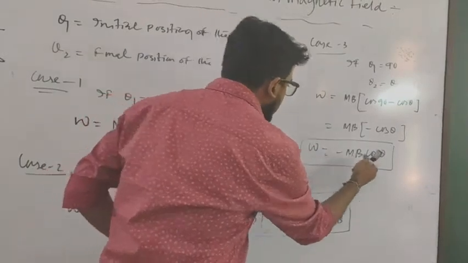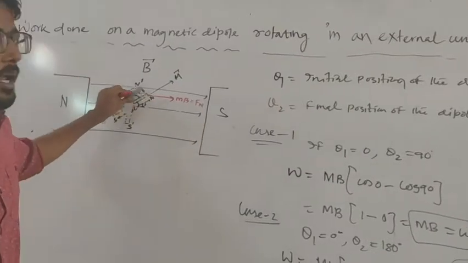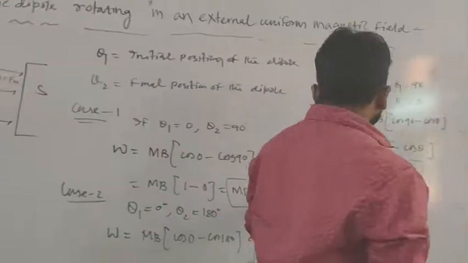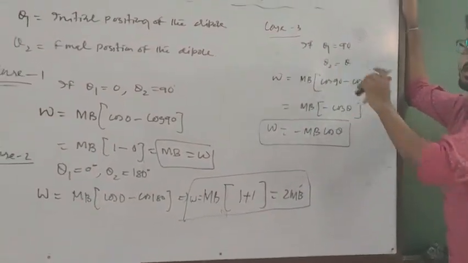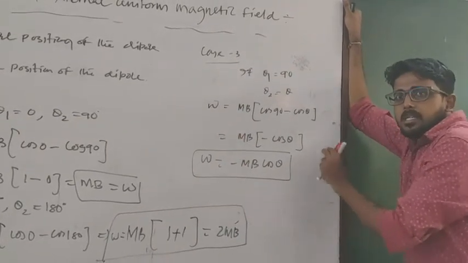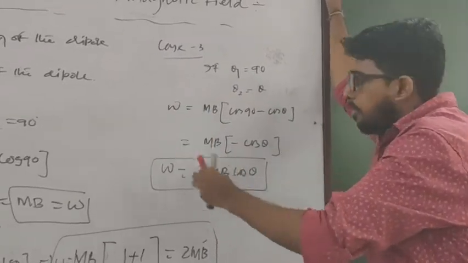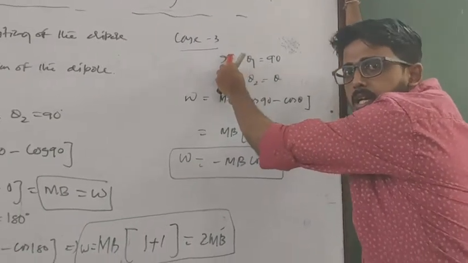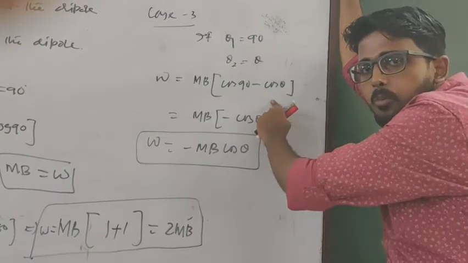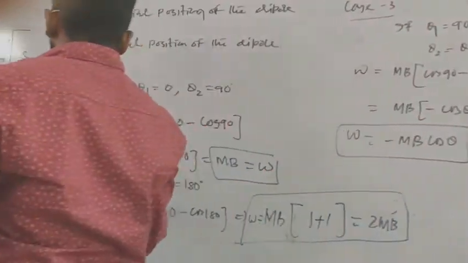And in this case, this amount of work done by the external agent will be stored within the magnetic dipole as magnetic potential energy of the dipole. Clear? So this amount of work done will be stored within the dipole as what? Magnetic potential energy of the dipole. So what is magnetic potential energy of the dipole? The amount of work done by the external agent to rotate the dipole from perpendicular position in an external uniform magnetic field to any other position where the angle between magnetic dipole moment and external magnetic field is theta. Clear? So we can write the potential energy